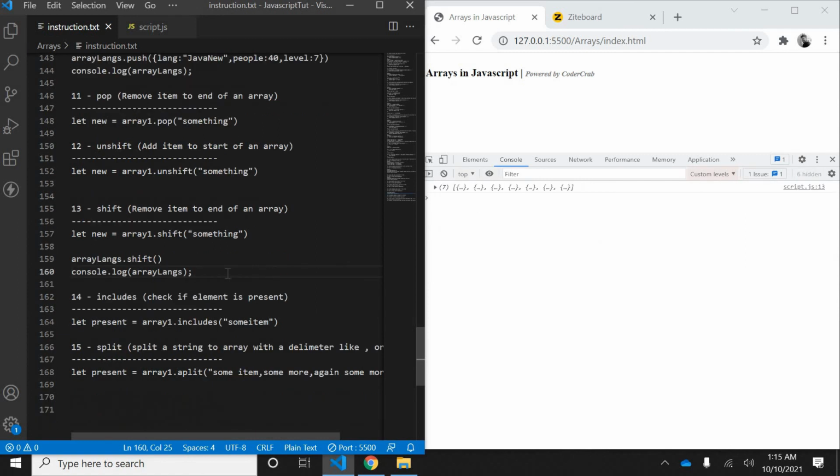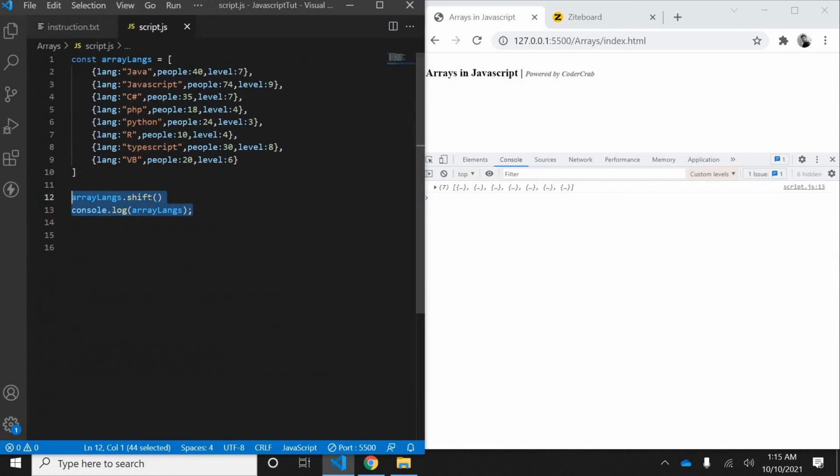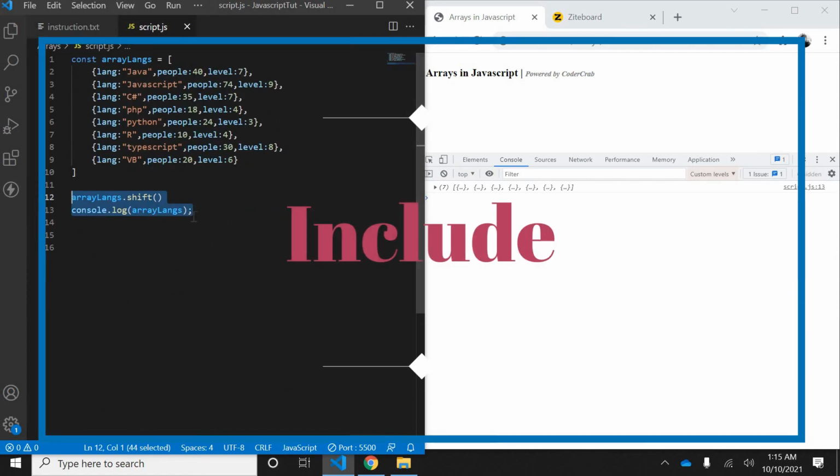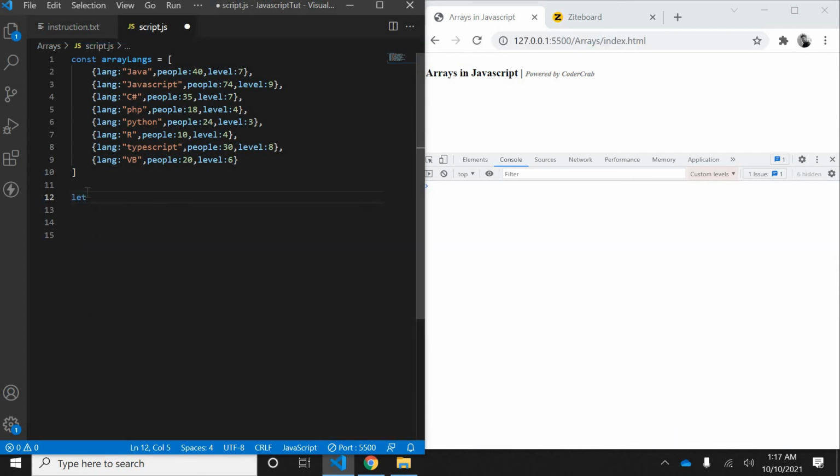Okay, so next is includes. Includes is a very essential one. So how does includes work? If you have an example, let ARR equal 12, 45, 78, 90.